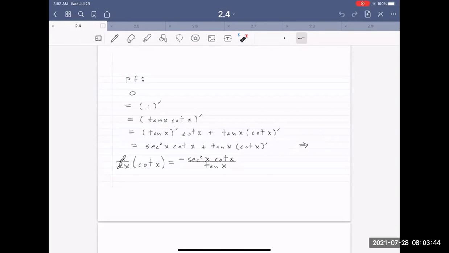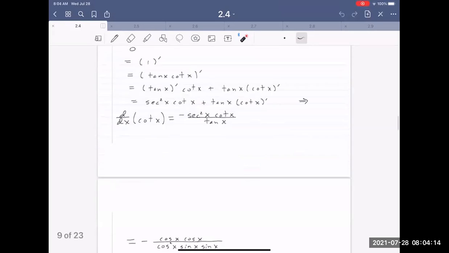Well, we know that the derivative of tangent x is secant squared. Subtract secant squared x times cotangent x from both sides of your equation, and then divide both sides of your equation by tangent x. So I have that the derivative of cotangent x is negative secant squared x times cotangent x divided by